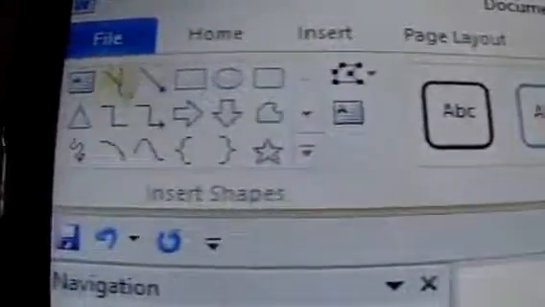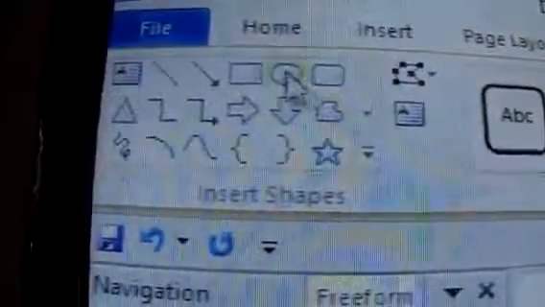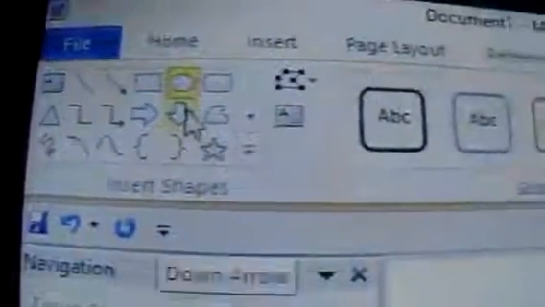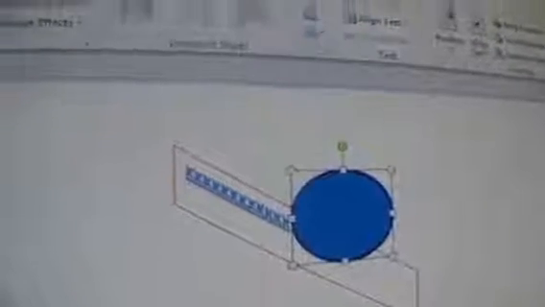Then for so many shapes that you might want to use on the same text box, you'll find them at the corner here. So we have all these. They are the shapes that we can use. For instance, if I want a circle to be attached, I'll click on the circle and place it there. So we have another shape which is attached to this one. So what do we do? We go back to the Format. We are still in the same one. So we just say shape fill, no shape fill, we remove it.